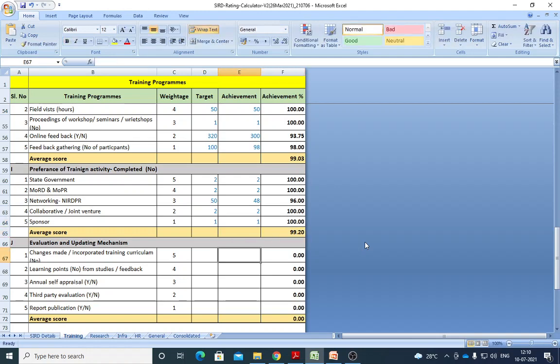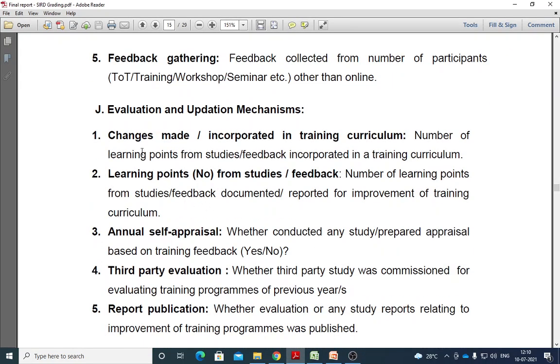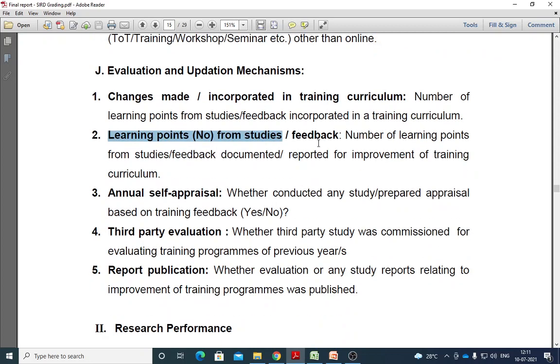Like that you can see, and again you can see the evaluation and updating mechanism, how it is happening. You go to this sheet, the evaluation and updation: the change made, incorporated in the training curriculum; the number of learning points from the feedback studies incorporated in the training curriculum; and the number of learning points from the studies documented, reported, to improve the training curriculum.